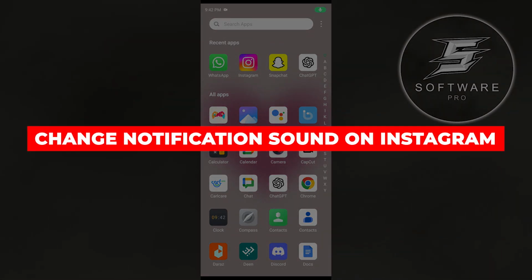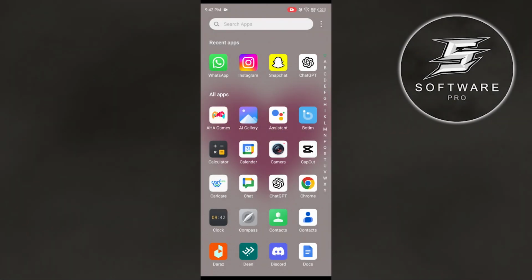How to change the notification sound on Instagram. So for that purpose, this has less to do with your Instagram app, but more to do with your system's notification. So for that purpose, if you have an Android, head over to Instagram, long press on it and click